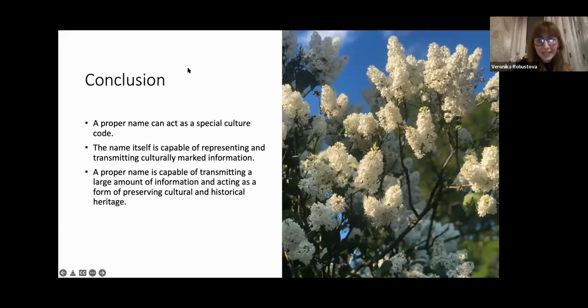And in conclusion, what I'd like to say is that a proper name can act as a special cultural code. It can incorporate a lot of encyclopedic information, and it can present the history and the culture of the country. And the name itself is capable of representing and transmitting culturally marked information. And we saw here a lot of examples connected with names. And for example, we have the lilac, and the name is